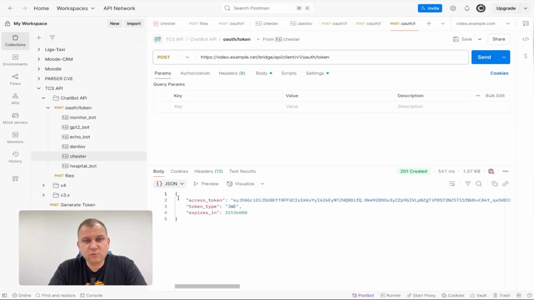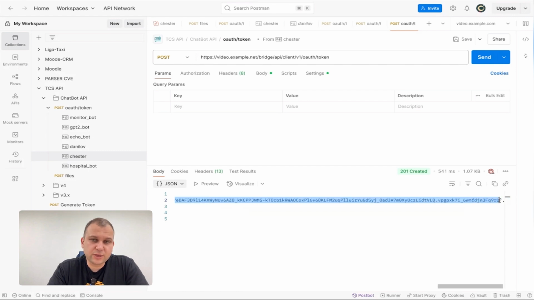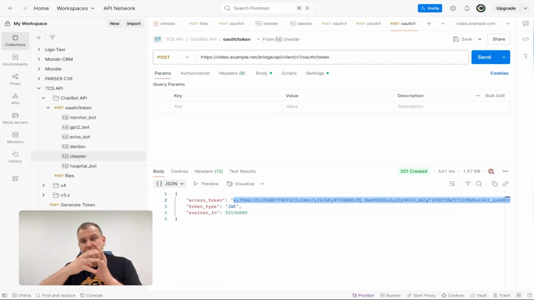In response, we receive the very important thing, which is called the access token. The token type is GWE. You can see it will expire in 1 year. So it will be valid for a long time, but you can adjust that period if your security regulation, if your cybersecurity team will ask for that. So we need to save that token. That's very important. We will use this token as a key to open the door to our secure tunnel, the bridge between your chatbot application and our server. So that was a regular API call,